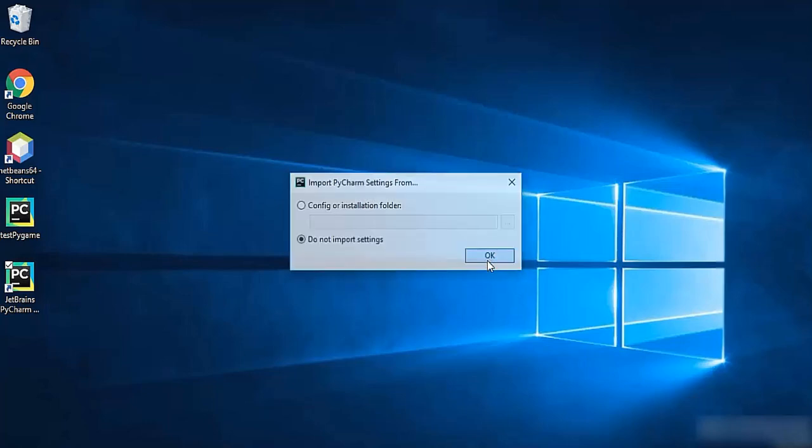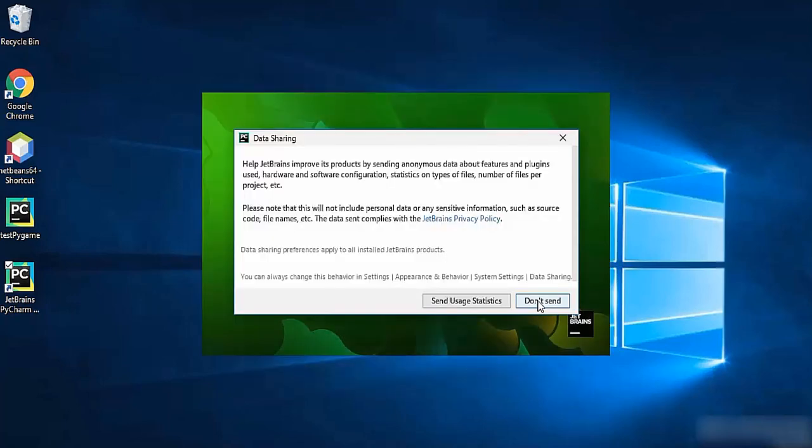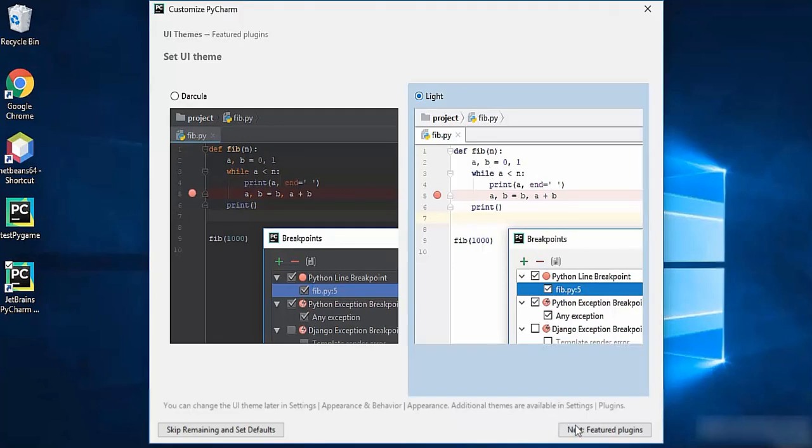and click OK. And now we just need to confirm the license terms and agreement and click continue, and then I'm going to just say don't send, and you can choose the theme of PyCharm. So I'm going to use the light theme for now, and now I'm going to just click on next. You can also click on skip remaining and set defaults also, but we are going to see all the options